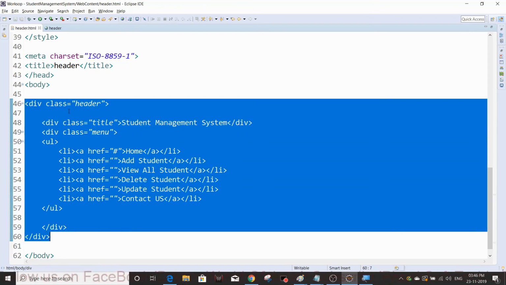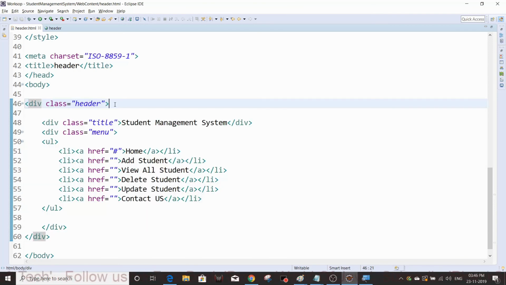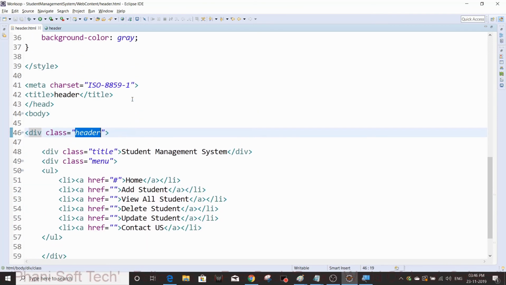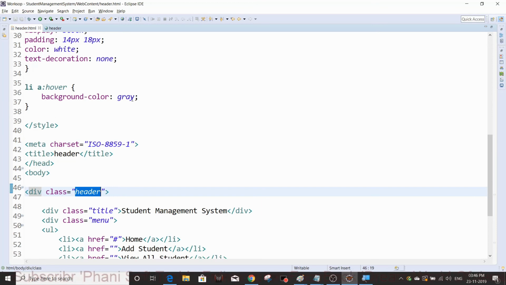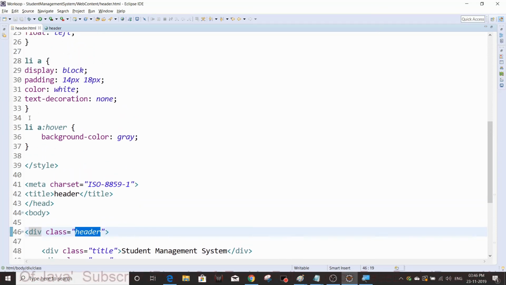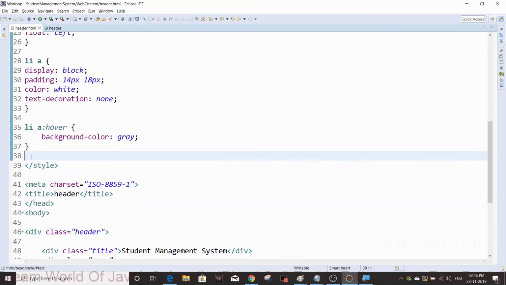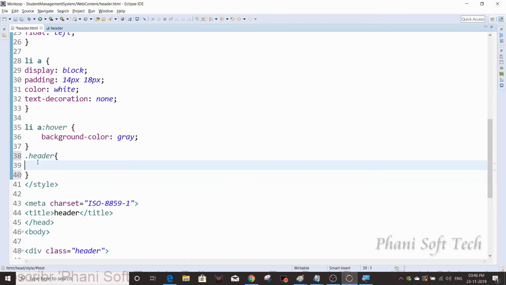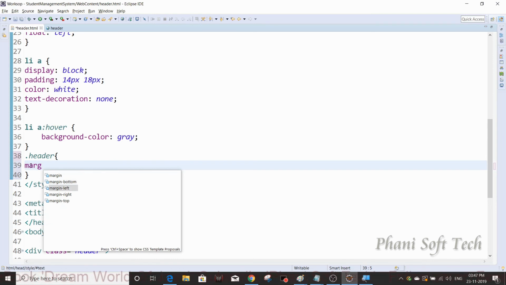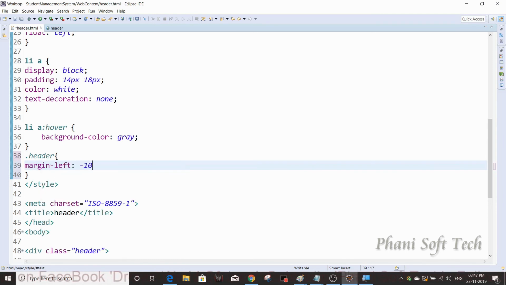This div element has two divs, so automatically it applies to those two divs as well. Header is a class, so I'm going to use dot header, and I need to reduce the margins. So left side margin, right side margin. Margin left, I'm going to give minus 10 pixels.